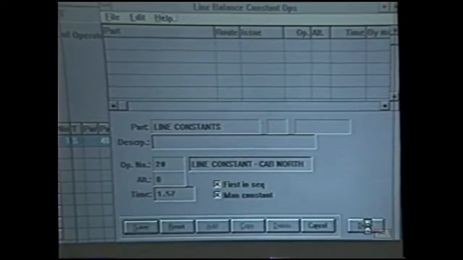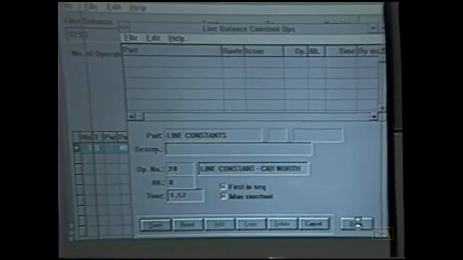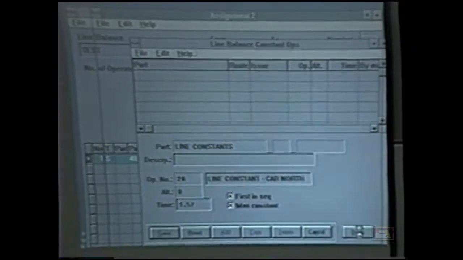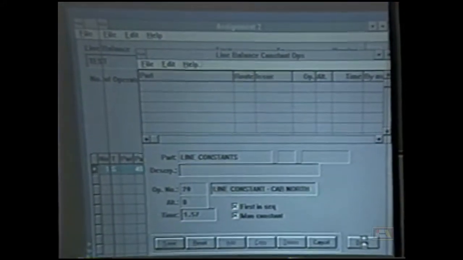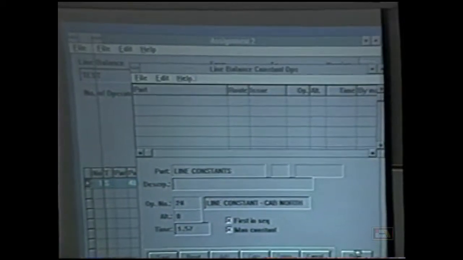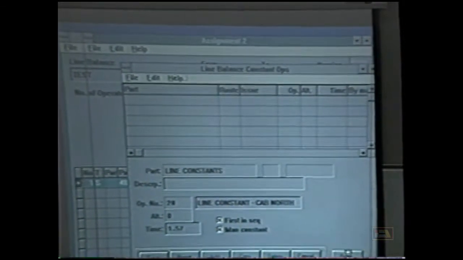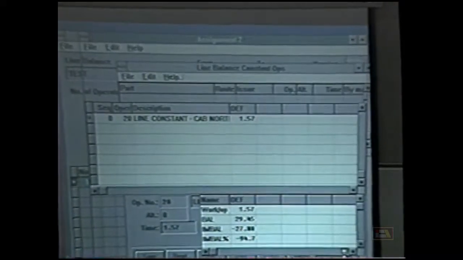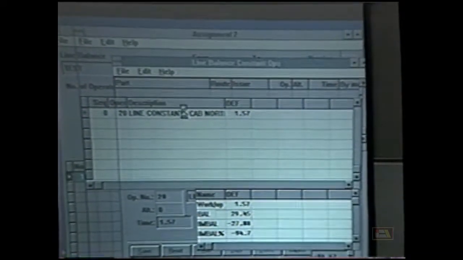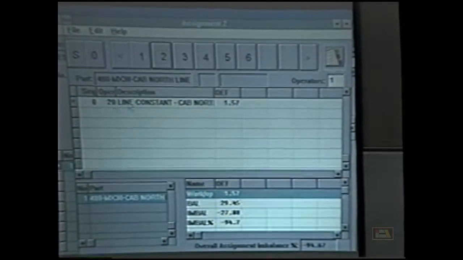And what it's doing right now is it's going through the existing assignments and it's adding that 1.57 minutes worth of work. And it has to adjust the balance time, because now the balance time is what? It's the total time of the MX30 route plus the line constant multiplied by the total number of men, divided by the total number of men. So it will actually adjust the balance time because I've added more work. So now you're seeing assignment number 2, the new assignment, and all there is right now is the line constant